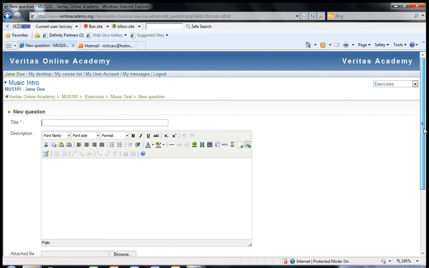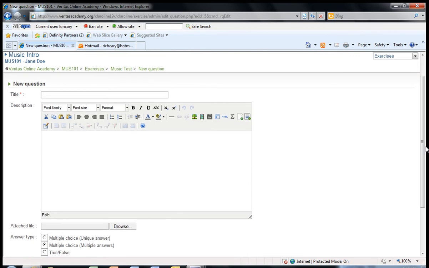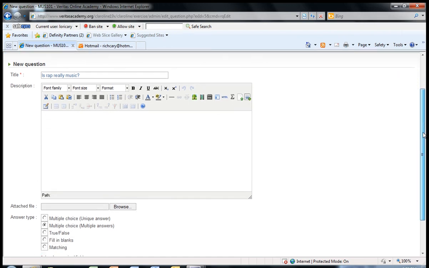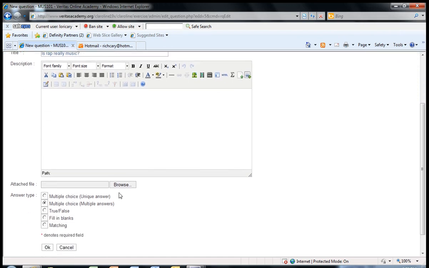Under Title for New Question, we're going to go ahead and actually ask the question. How about a good music question? Is rap really music? We don't need to elaborate on that. That question's pretty clear. The attached file section will not be used as part of these exercises, so you can